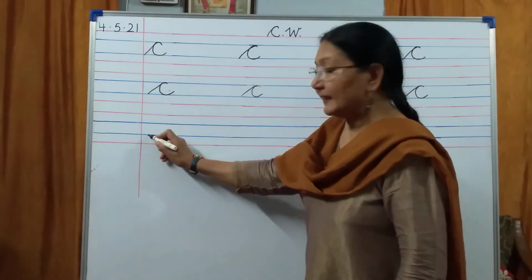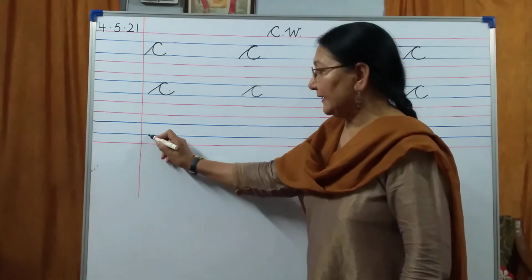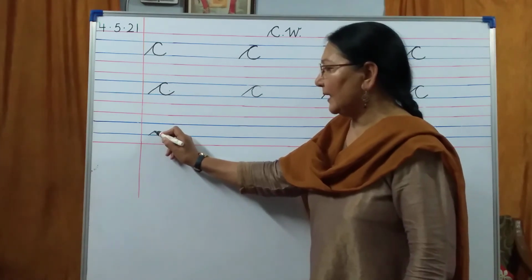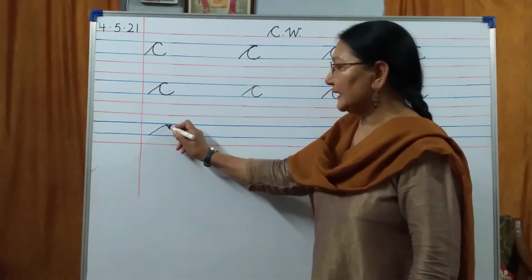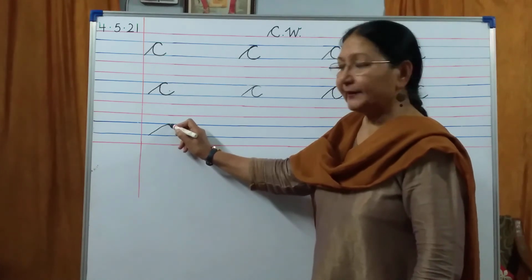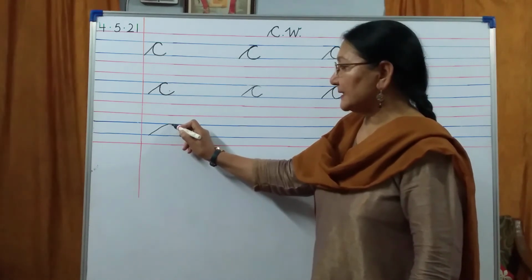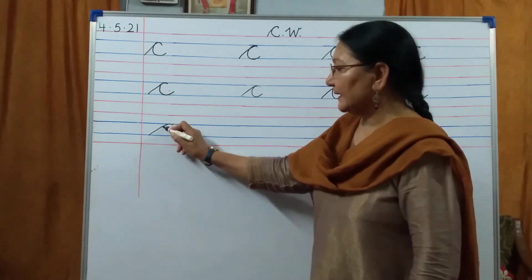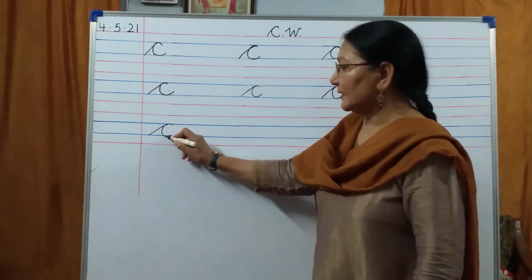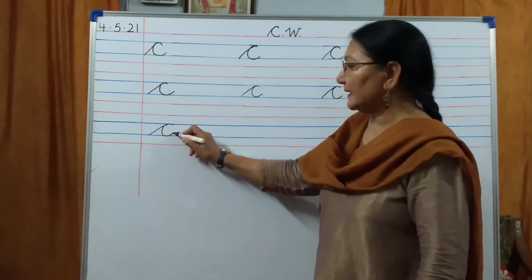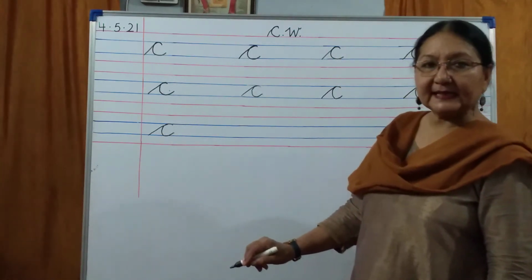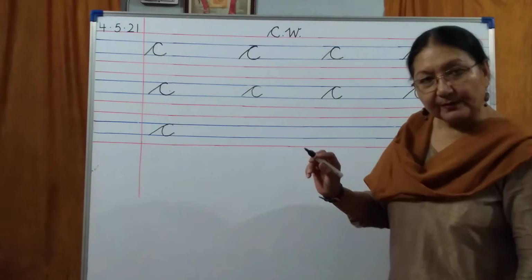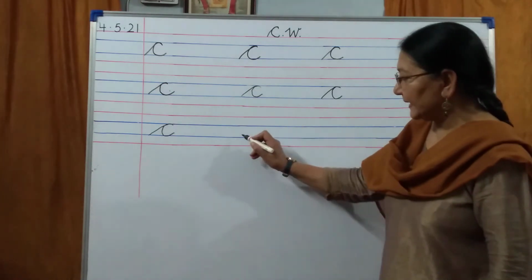Put your pencil on the lower blue line. Everybody slowly go up. Make a slant line till the upper blue line. Turn a little in front. Go back again on the same line. Make a small curve till the lower blue line and then turn a little up. C. Is everyone understanding? Now ma'am will tell you again.